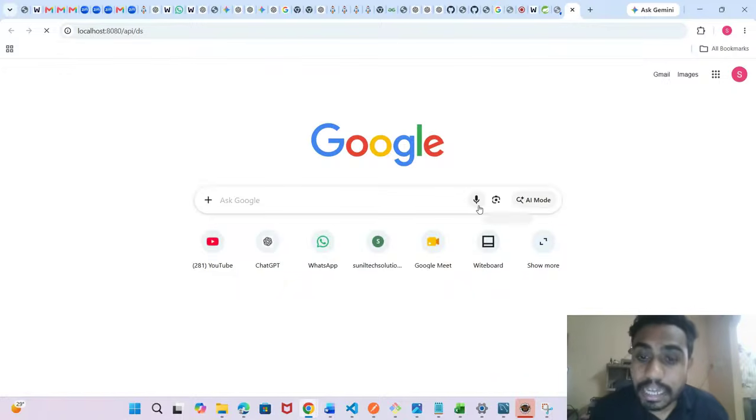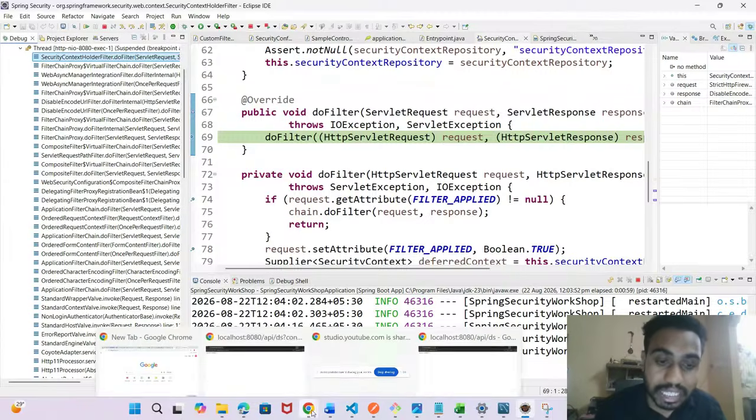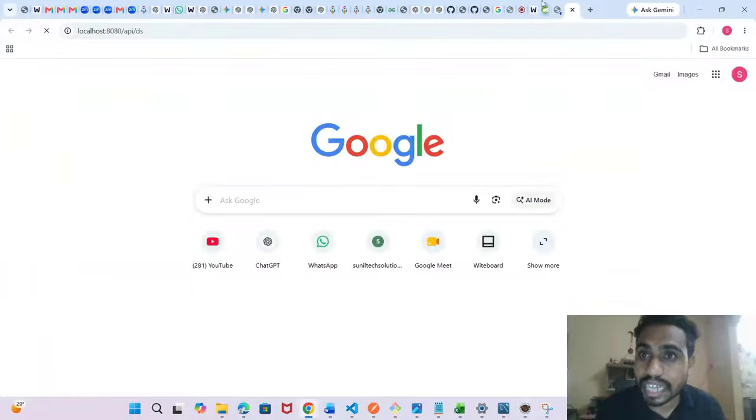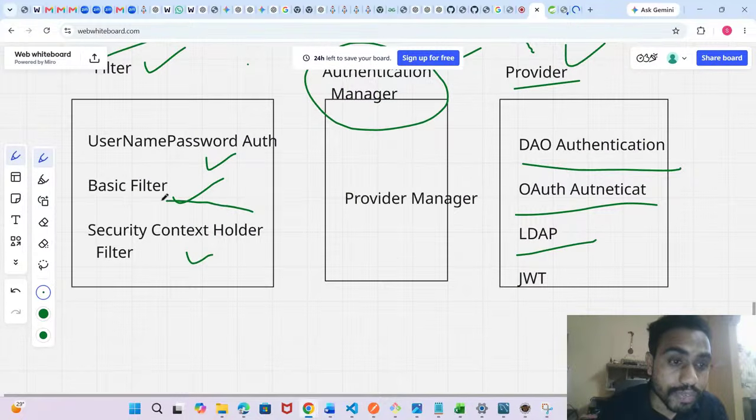See guys, as I am running in debug mode, first it will go to the security context holder filter. The security context holder filter checks whether the same user is already authenticated or not. If the user is already authenticated, the control will not move to the next layers. If you follow the architecture diagram, there is something called the security context holder filter.